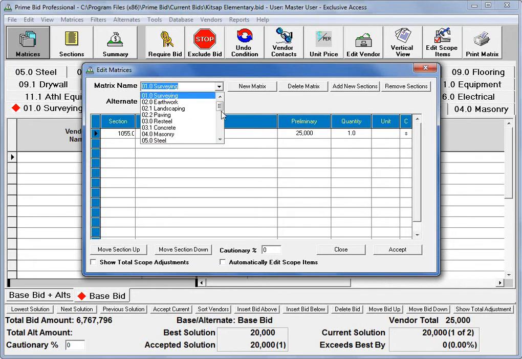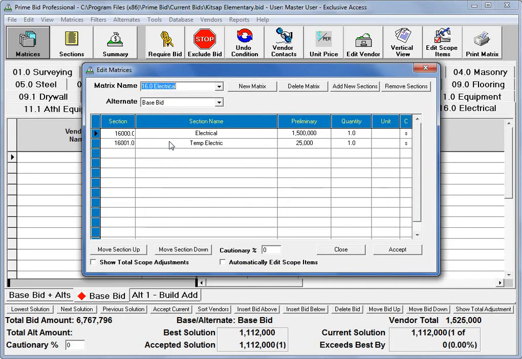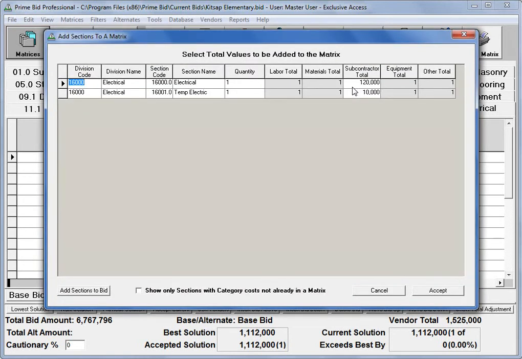I'll drop down the matrix name, go to the bottom, select 16.0 electrical. I see that there are sections set up for the base bid. If I drop down the alternate to add sections to, I will see the list of alternates. I will pick Alternate 3 electrical. And now when I perform the Add New Sections, I will get the list of sections that are currently in